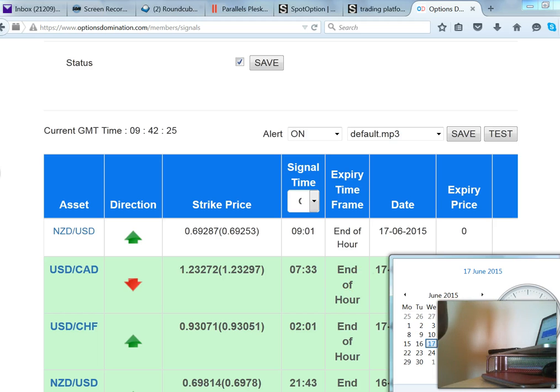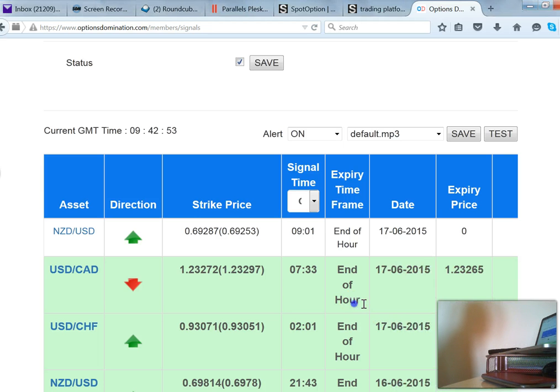Well, obviously, I am doing this recording in the UK, and we know it's 9:01 plus 1 equals 10. In a nutshell, we are GMT plus 1. So whenever it's 9 o'clock here, it's actually 10 o'clock in the UK. So you can see we are 42 minutes into the trade, which obviously might make it a bit risky to